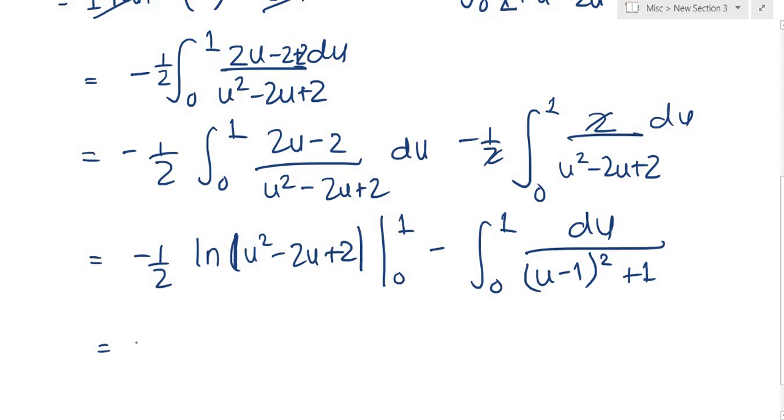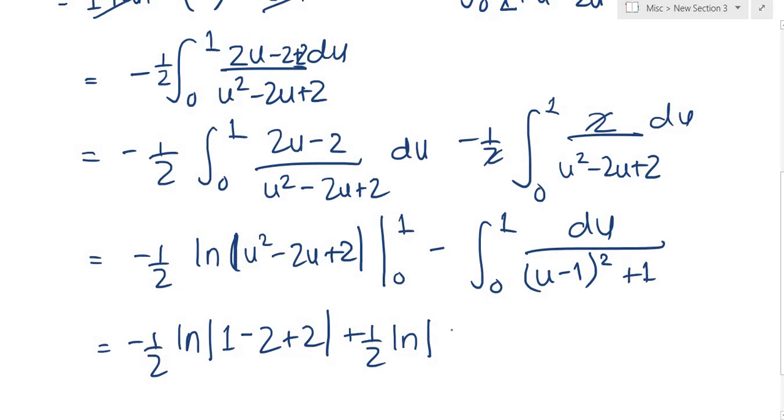So let's just plug everything in. So we have minus half. Then when I plug in 1, I have 1 minus 2 plus 2. Minus minus make this plus, so plus half of the natural log of 0 minus 0 plus 2. And then